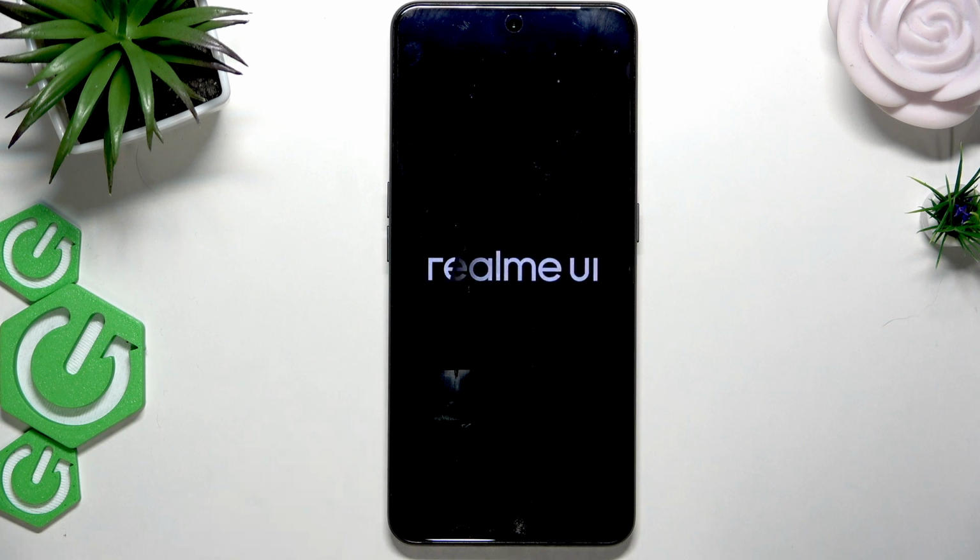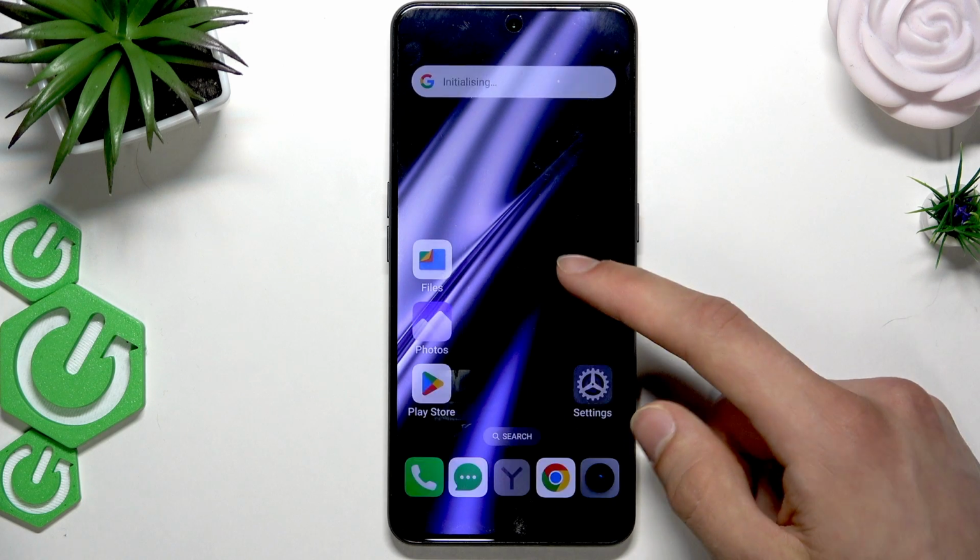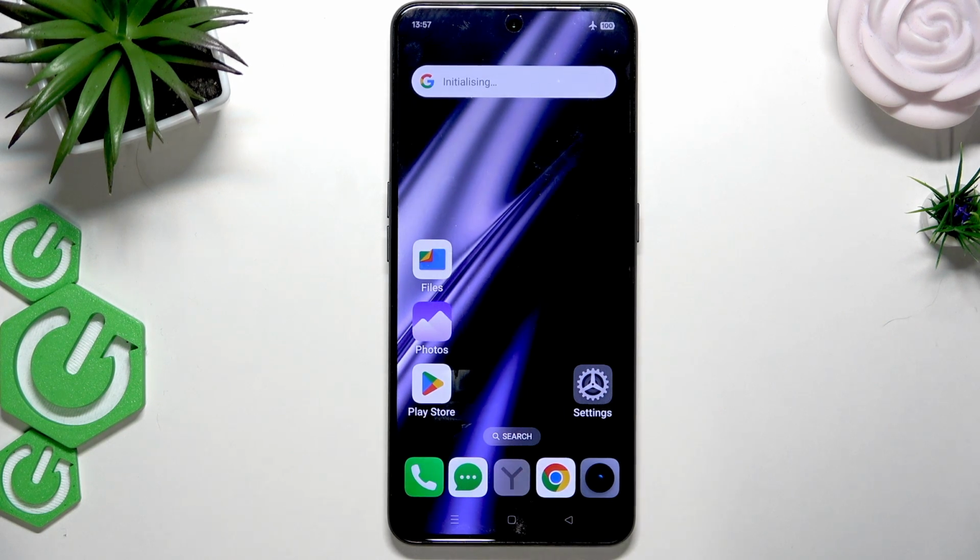Now, if you can't do this either, then the last option that will certainly let you regain access to your phone is the factory reset operation. Now, to perform the factory reset operation, you'll have to either use your Google account if you have one connected to your device. In such case, simply